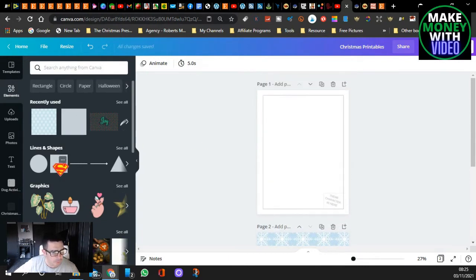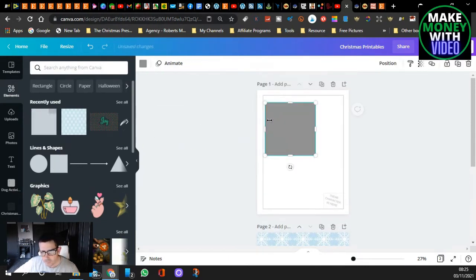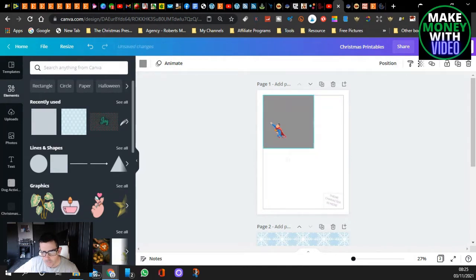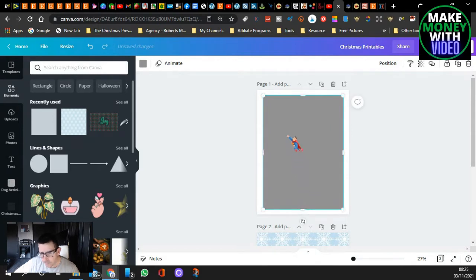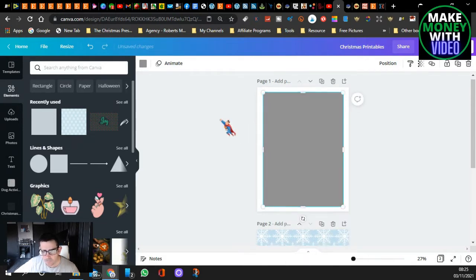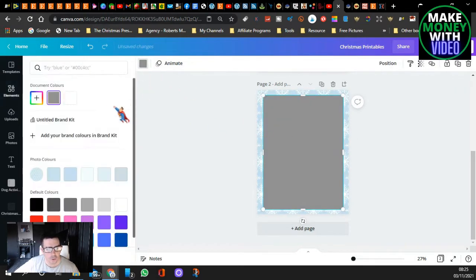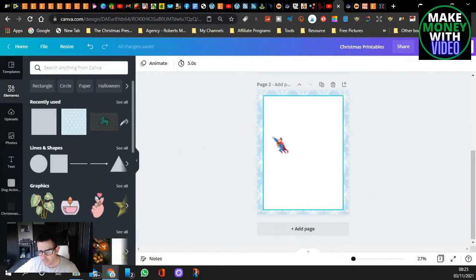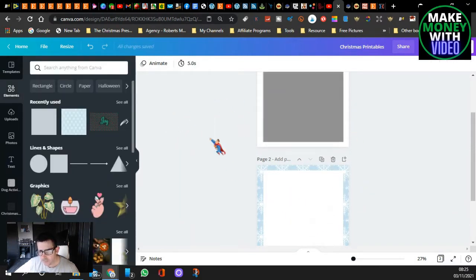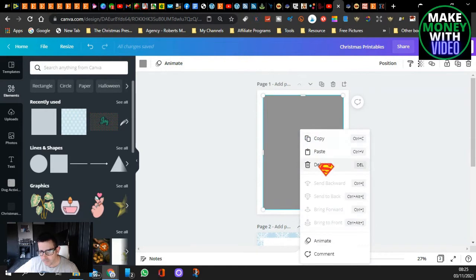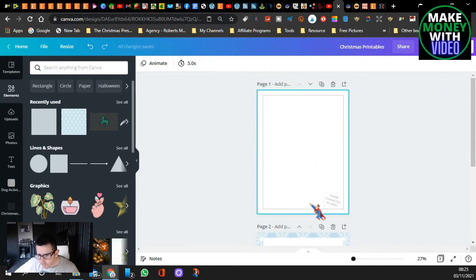Then I come back up here, and I get one of these plain squares. And I just do this so I can get the dimensions. Then I'll copy it, scroll into this one, and I'll paste it. And there you go. But then I'm going to change the color to white. So that's the basic cover. Then get rid of this. And as you see, we've got this little box here. This is where I'm going to put a character. So I'm going to look for